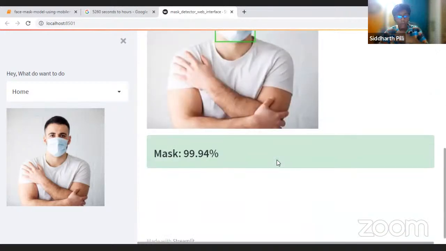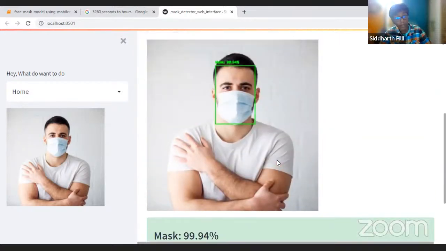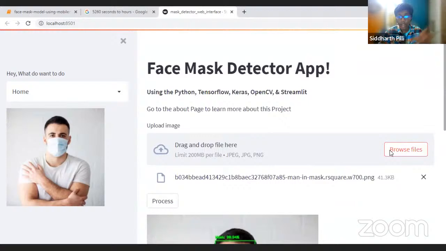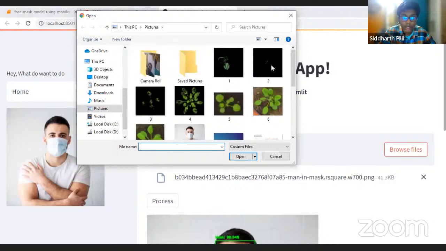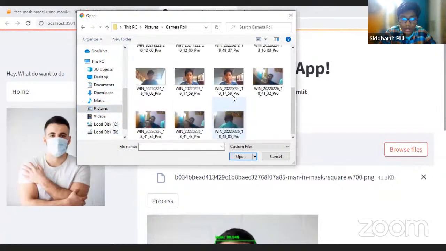There we go. Now let's say you want to predict if a person is not wearing a mask. What can we do in that case? Let's browse more files. I think I have a picture of me which I can share. All right, I guess this is a better picture.